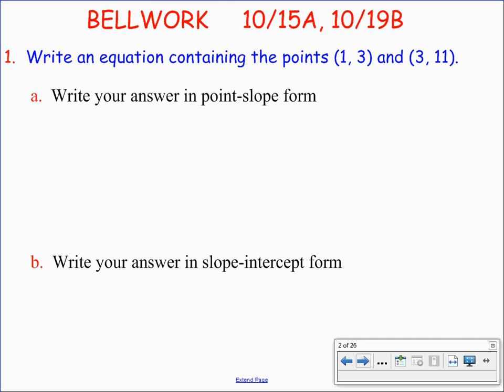If we have 2 points, we can determine its line, or the equation of the line connecting those 2 points, and we can write our answer in various forms, whether it's point-slope form or slope-intercept form, and you guys did a good job with this on your quiz. So let's go ahead and begin with point-slope form. With letters, we know that's y minus y sub 1